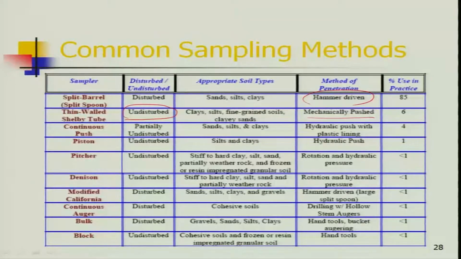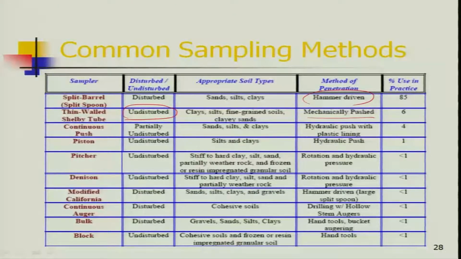Continuous push: partially undisturbed, sand, silt and clay, hydraulic push with plastic ring. Piston samplers: you are supposed to get an undisturbed sample. Piston samplers are used for silt and clays, and they are pushed hydraulically. Pitcher: undisturbed,